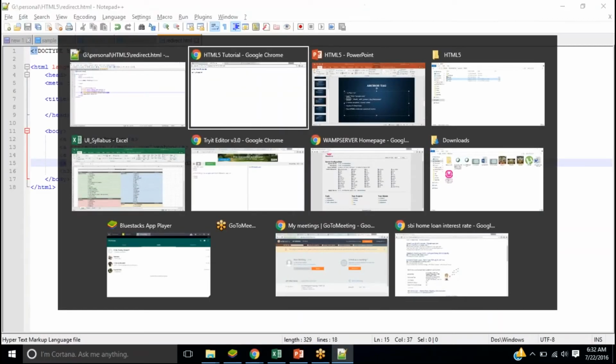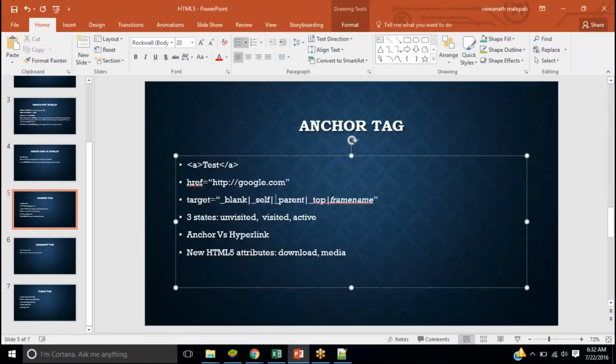Sometimes I want both of them in parallel. So we can use the target attribute. There are different values available, like blank, which will open in another tab or another window.